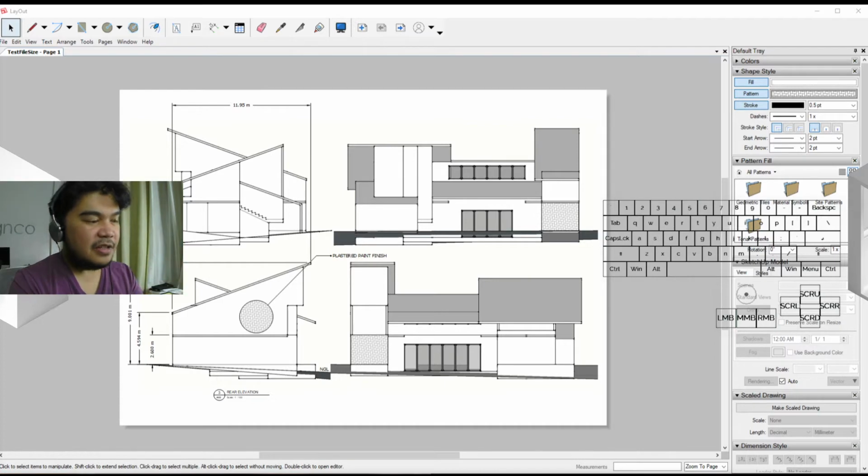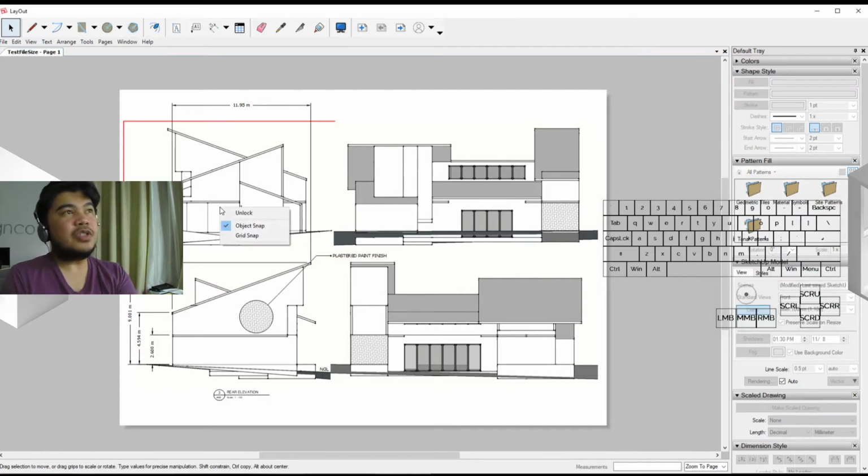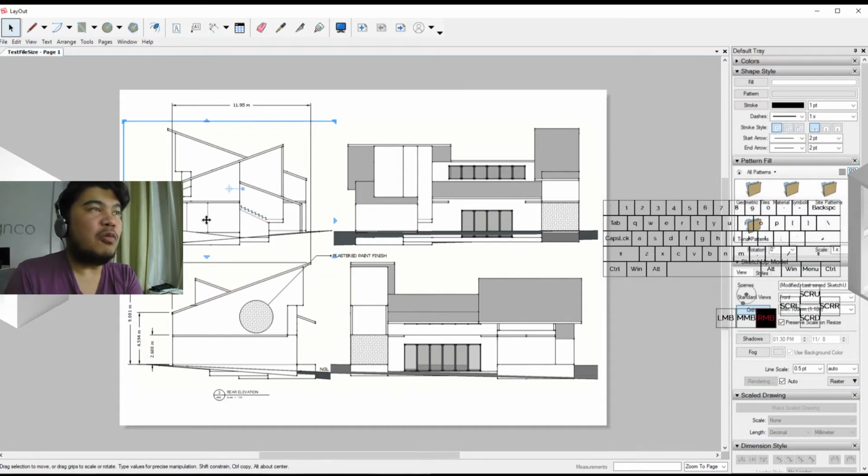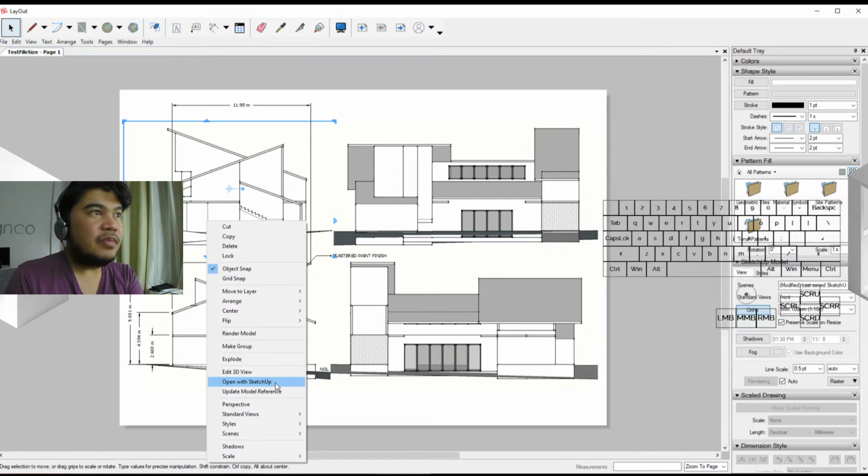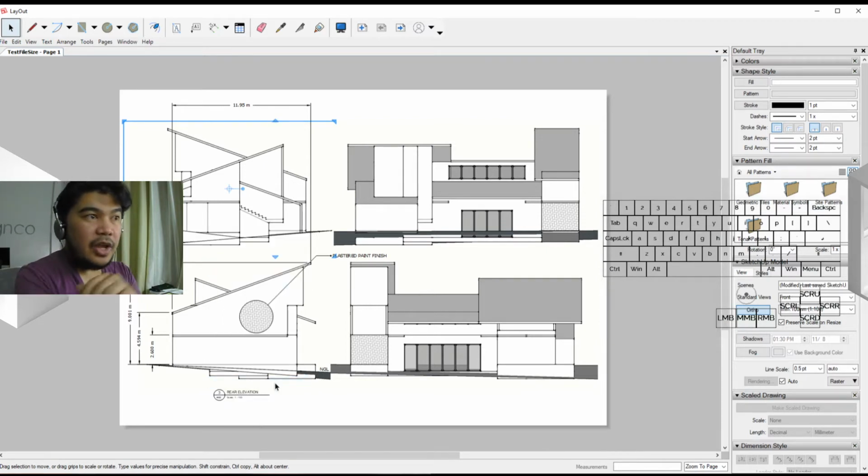And let's begin. We are already done with the cardinal directions, which would give us the elevations. Now we're going to use layout a step further by introducing sections into the views or in the next pages. So we're going to first unlock one of them and then open it with SketchUp. This way, we're going to be able to put our section planes inside,